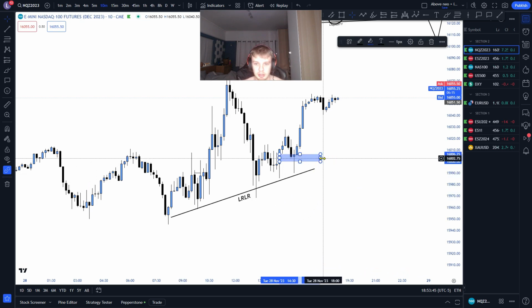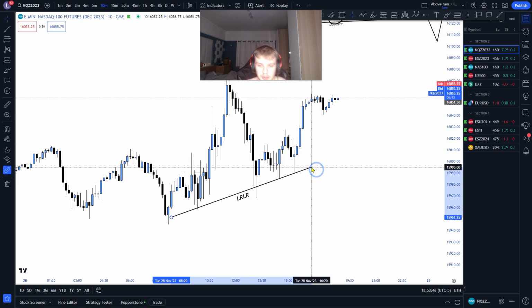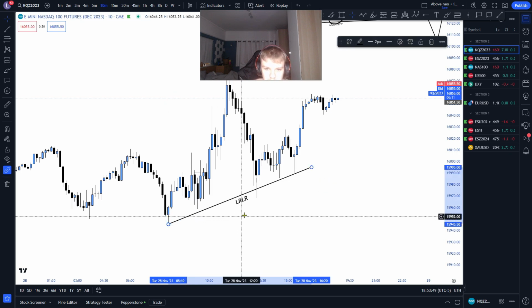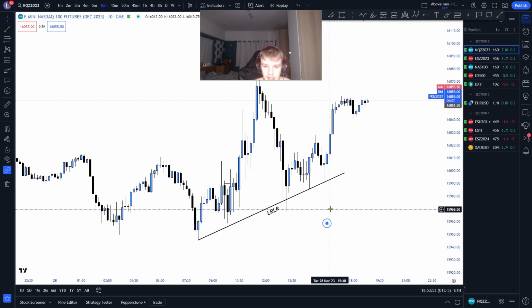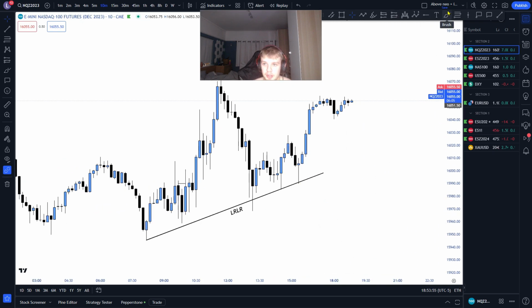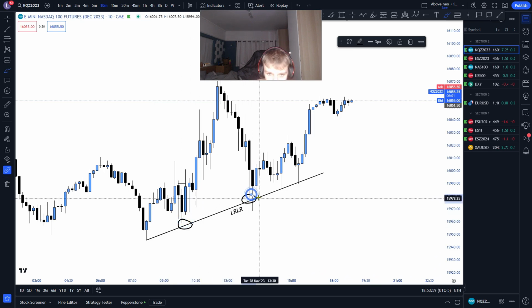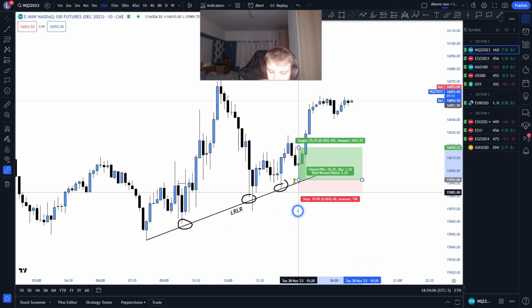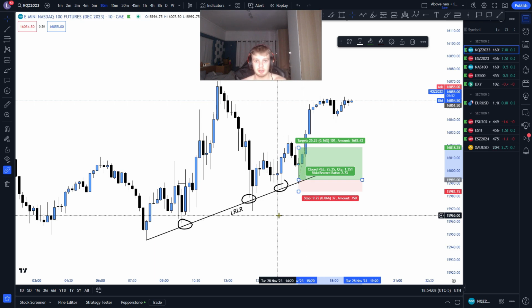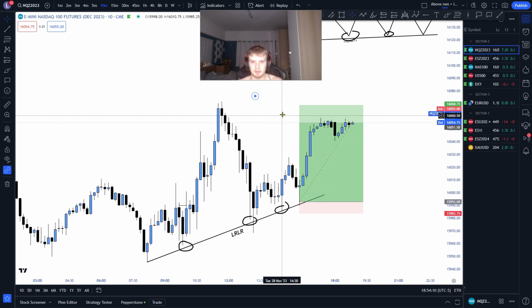So that is a low resistance liquidity run, because as you could imagine, if you are not a smart money concept trader and you are just a retail trader looking at the market, as you can see, the price taps this trend line once, twice, three times, four times. So what are people going to do? People are going to enter long positions at this trend line and put their stop losses below,